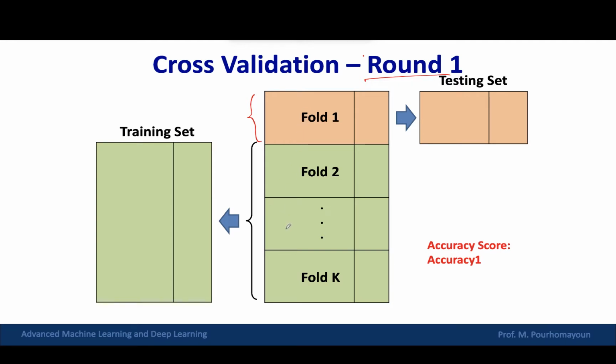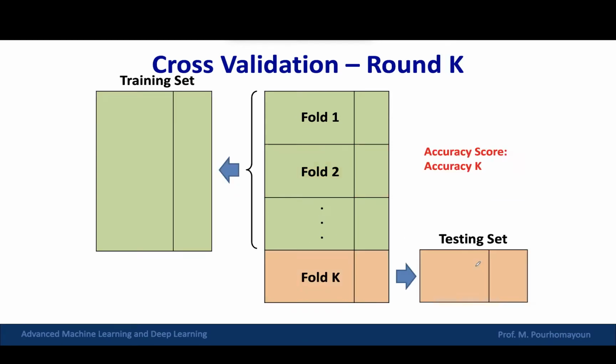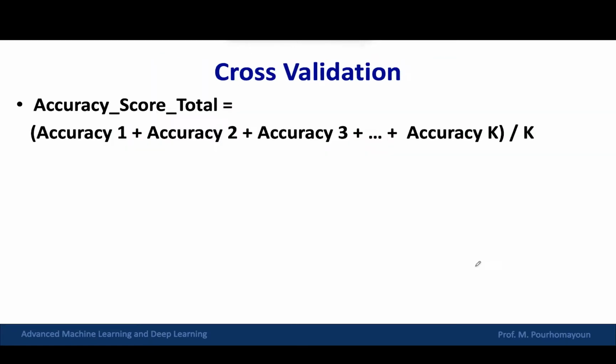We train and test our model, and it gives us some accuracy, for example, accuracy 1. In the second round, we use the second partition of data as testing, and the other k-1 parts as training. It gives us another accuracy, and we repeat that k times until we have k different values for our accuracy, and the average of them will give us the accuracy of